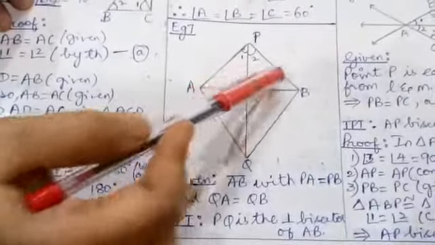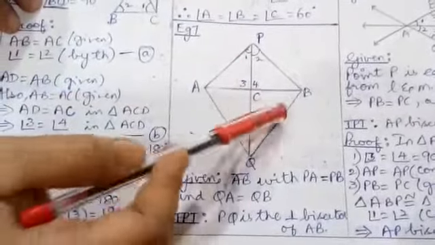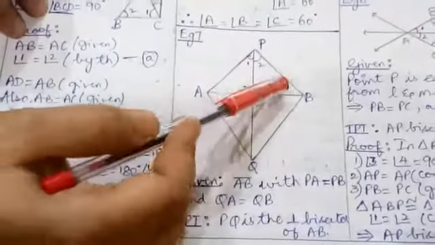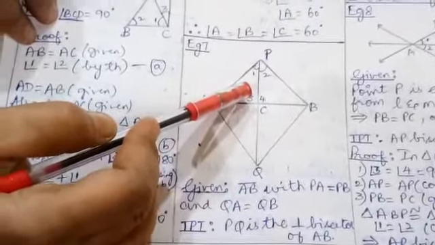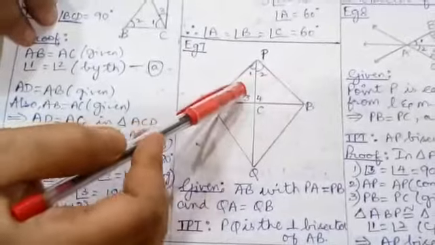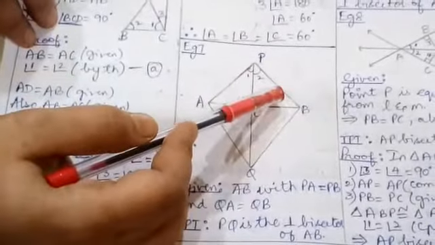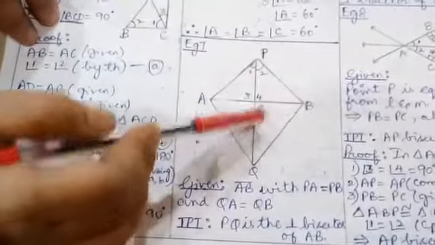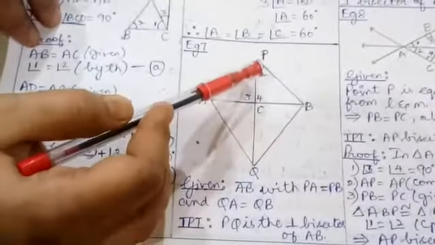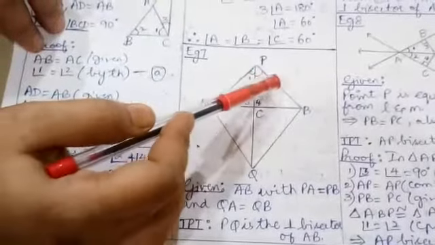Now let's take up these two triangles and analyze the information we have with us. I said we could take up even these two triangles. We could take up these two triangles and try to establish congruency between them, or these two triangles and establish congruency between them. Let's take up these two triangles. We know that AP of this triangle equals BP of this triangle. That's given to us. PC is a side common to both the triangles. Nothing is mentioned about angle 1 and 2. We have just marked off angles 1 and 2, 3 and 4.